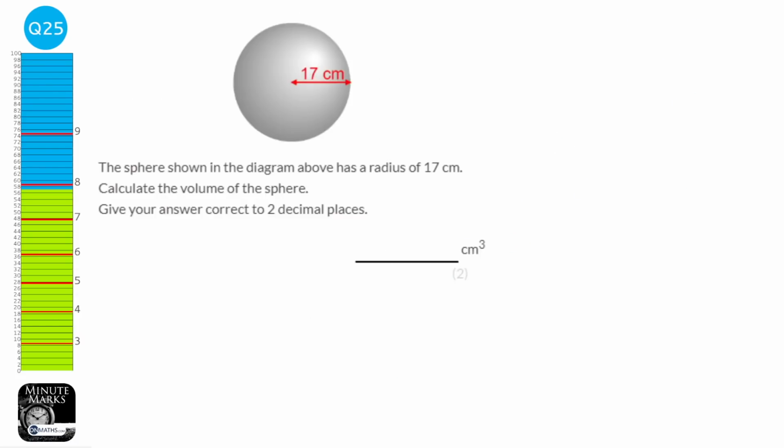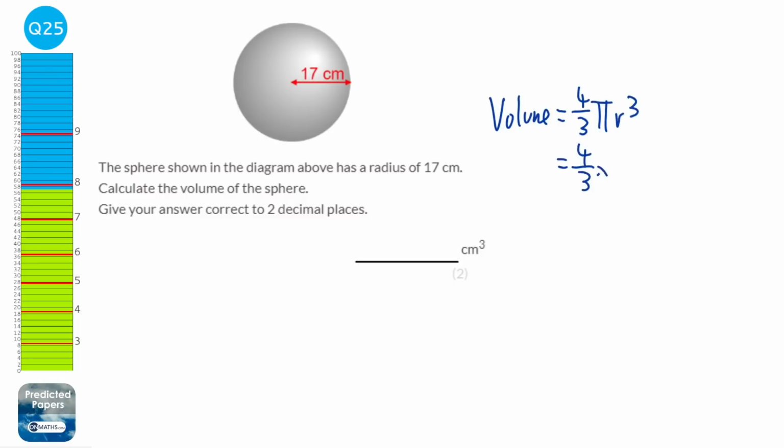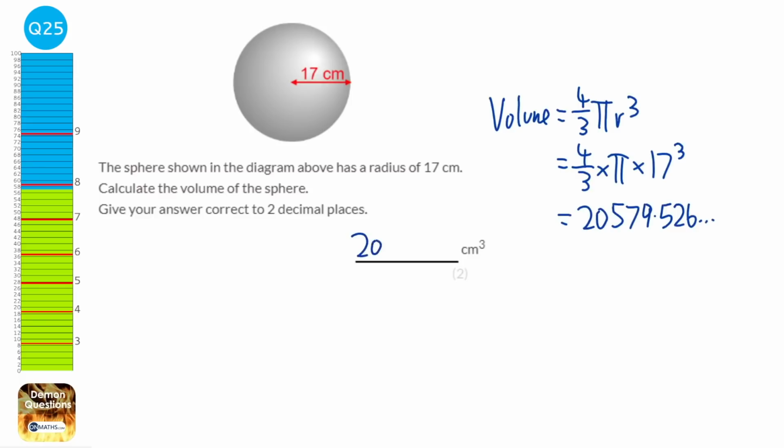The formula for the volume of a sphere is 4/3 pi r cubed. So we're going to do 4/3 times pi times the radius cubed, which is 17. And that gives us 20,579.526, blah, blah, blah. So to 2 decimal places, that would be